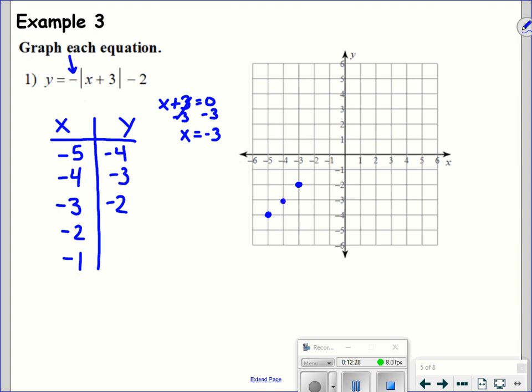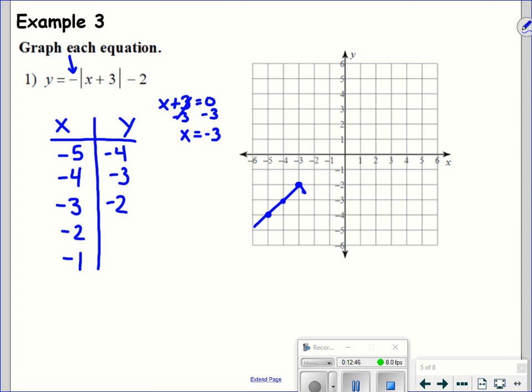And as I'm plotting these points, I'm pretty happy about the fact that I see a straight line of points leading up to that vertex. I should see a mirror image start to show up afterwards. So I'm expecting this graph to come up to the vertex and then head right down afterwards. So let's see if we have that happen.